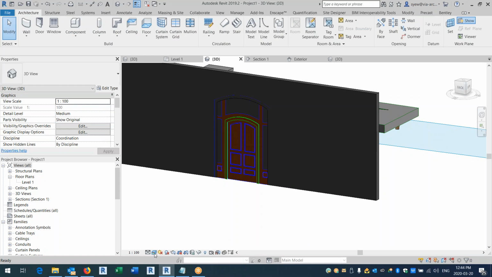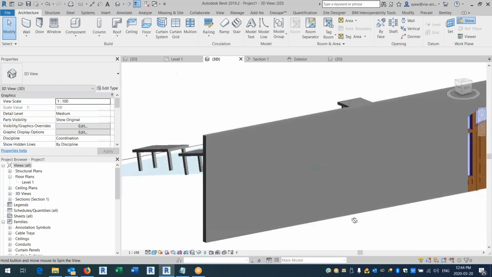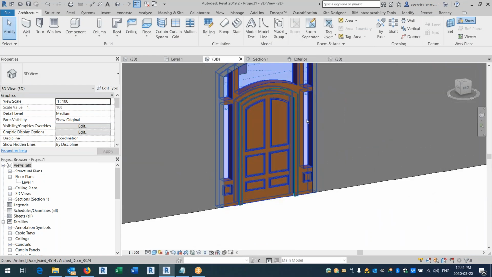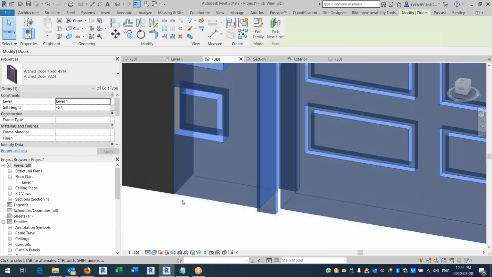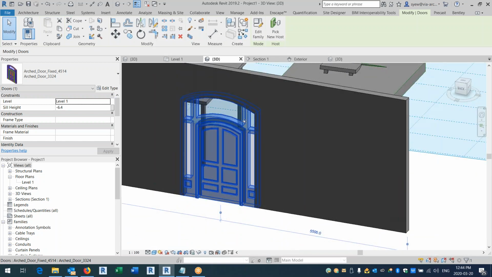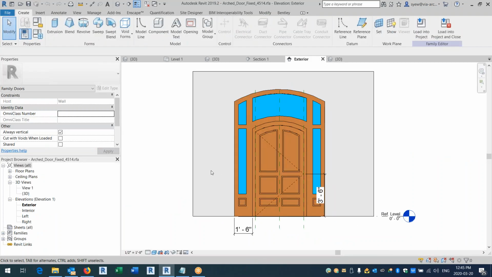All right. One thing you're noticing is that sometimes you see that objects do not cut through. You see that right now I'm selecting it. It's highlighting those objects. So you will run into this problem in the real world, right? Sometimes you want to modify it, but how do you do it? So the first thing I would typically do is go inside this model and see what's wrong with